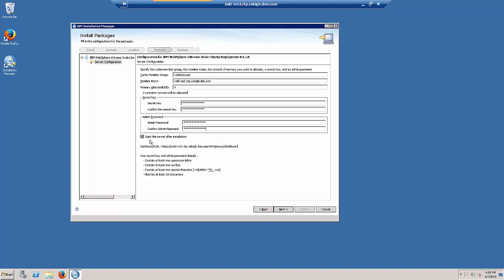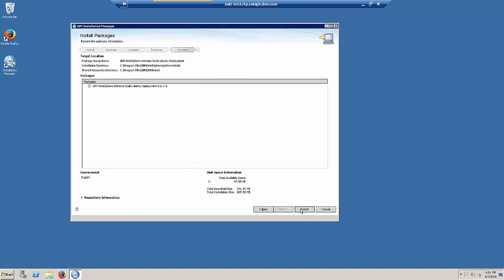The last thing I want to note is the checkbox about starting the servers after the installation. So with this box checked, when the installation is done, all of the servers, JVMs, watchdog processes and everything will be started on your behalf, and so at the end of the installation you'll have a fully running enterprise cache group. So assuming I got my passwords correct, the installation will allow me to proceed to the next page. Now the installation is going to take a few minutes,